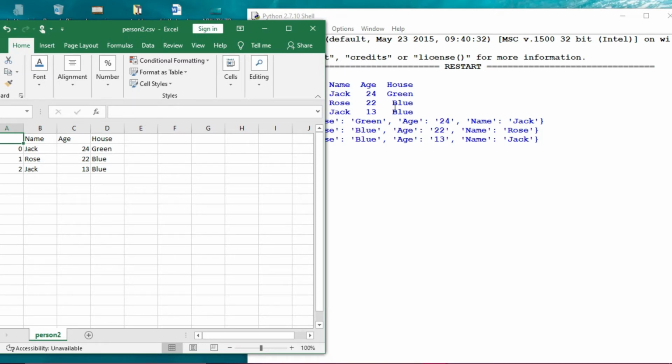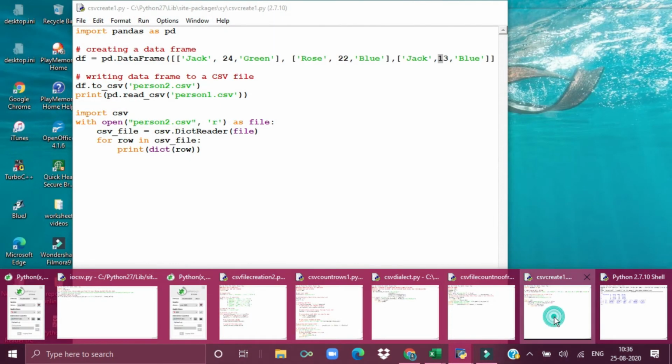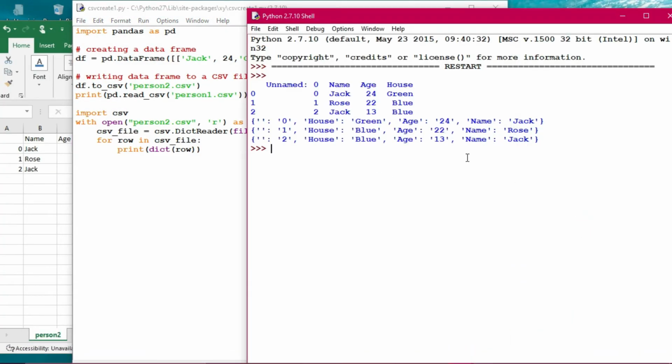And this data frame has been converted into a dictionary and printed. That is the function of the dict reader. Okay, dict writer, dict reader. So the data frame data has been transformed into key value pairs. That is the purpose of this particular file. Previously it was from dictionary to dictionary, there was no segregation, but here the data frame data has been converted into a dictionary with the help of dict reader. Got it? That is the thing.